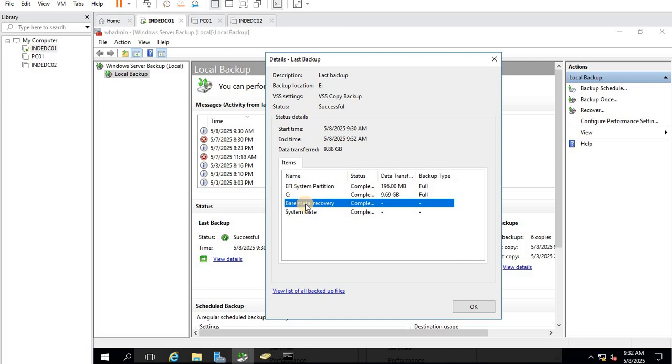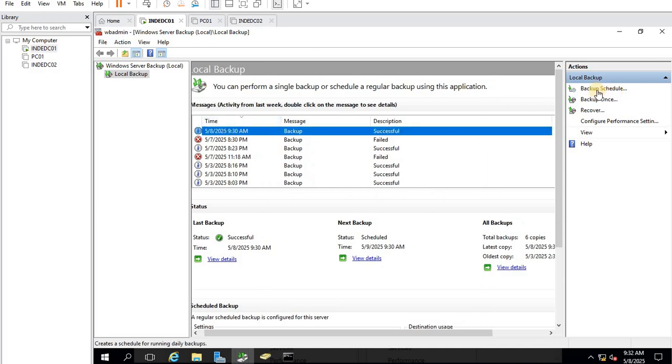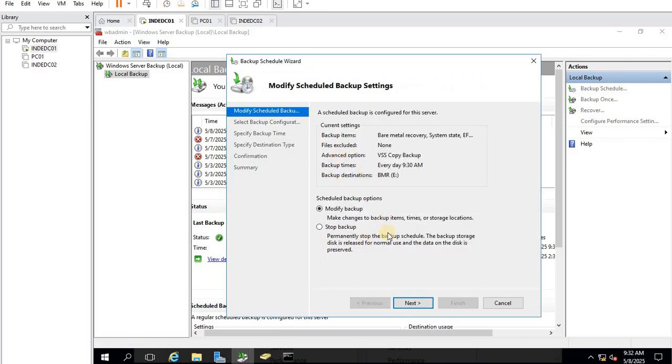Here you can see bare metal recovery. Okay, so I configure this backup. If you have not configured yet, you can just do so. I have already configured, so it is giving me the option to modify a backup.